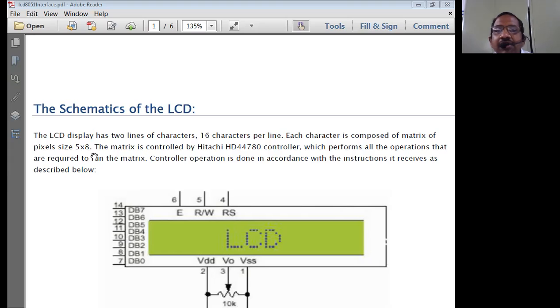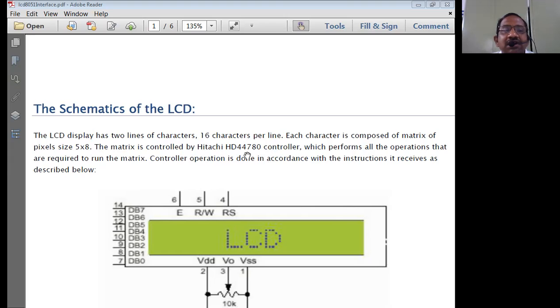Now this is important. In the syllabus we have only this matrix pixel size of 5 by 8. So we have to initialize these pixel sizes before we start our programming for LCD interfacing. The matrix is controlled by certain controllers.